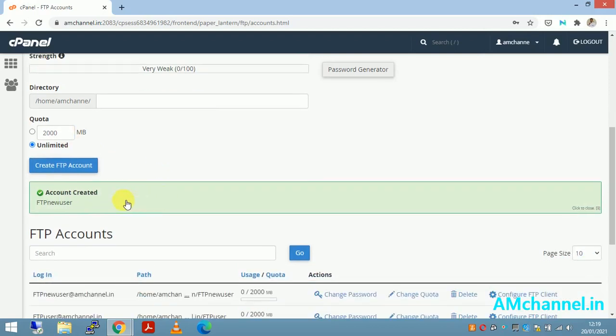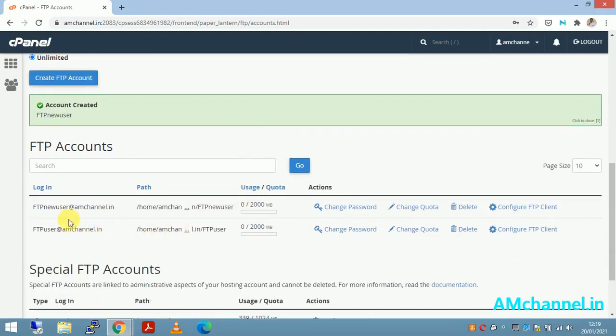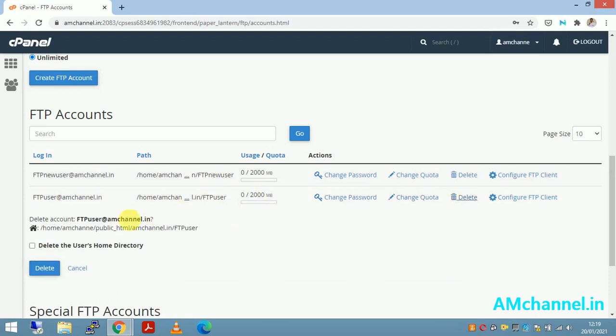Now the account is created. Our FTP account is now created, and you can see here I have two usernames, FTP new user and FTP user, but I want to remove this FTP user as it is the old user and I don't have any use for it. Click on delete.